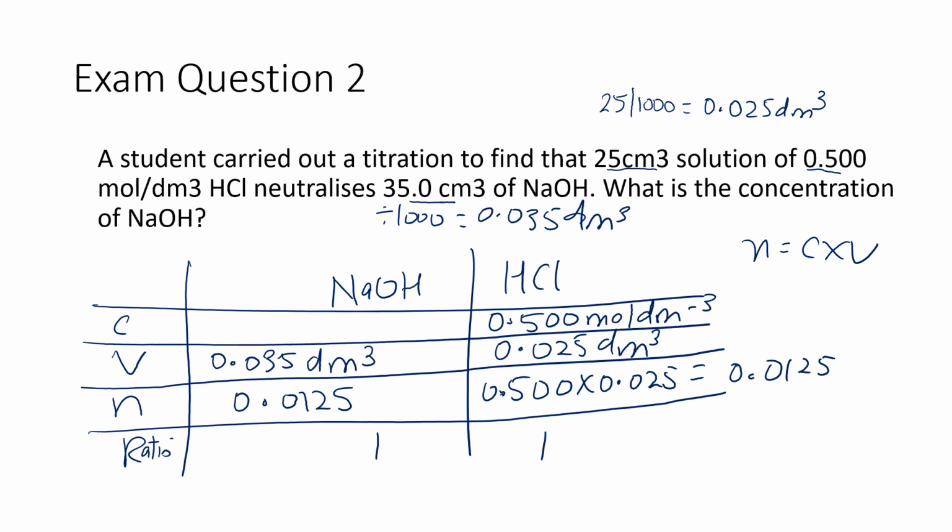And if you were to rearrange your formula, then to get the concentration, I need to do number of moles divided by volume, which is basically 0.0125 divided by 0.035, and that gives me an answer of, let's bring it down here, the concentration is equal to 0.36